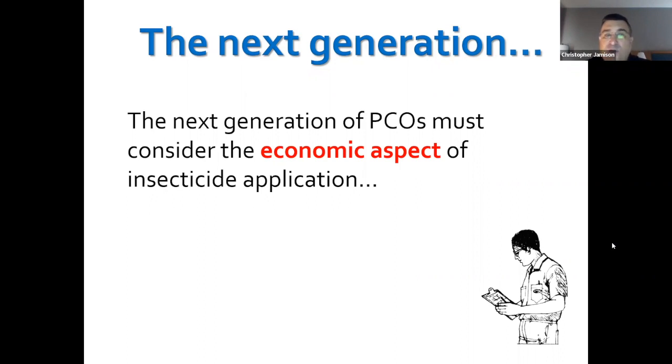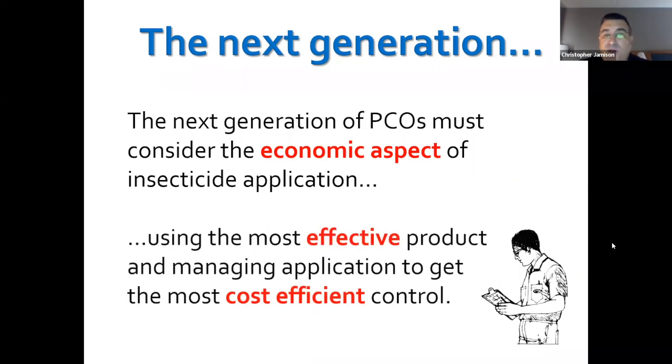We have to be concerned with those aspects, but also with being mindful of what we're doing, why we do what we do, and making sure that we can articulate the reasons why as we go about our daily lives. We want to use the most effective product. Sometimes that's not the least or most expensive. It really just depends on the situation we're going into. But we have to manage that application and use our equipment correctly